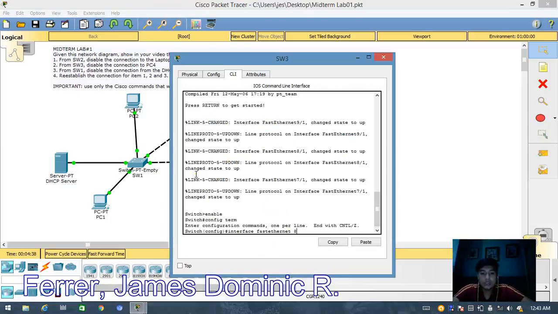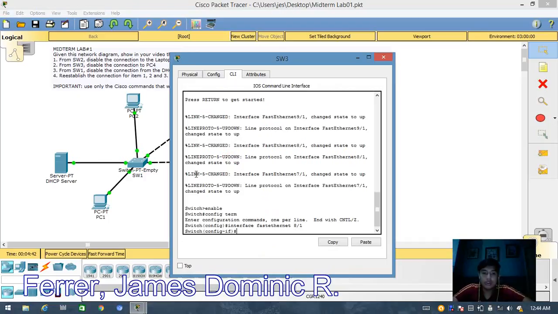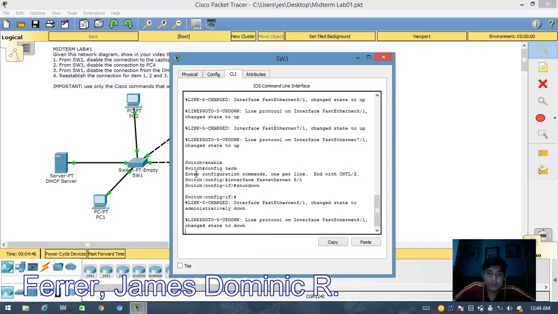Space 8/1. Then enter. Then type shutdown. Line protocol on interface fast ethernet 8/1 changed state to down.